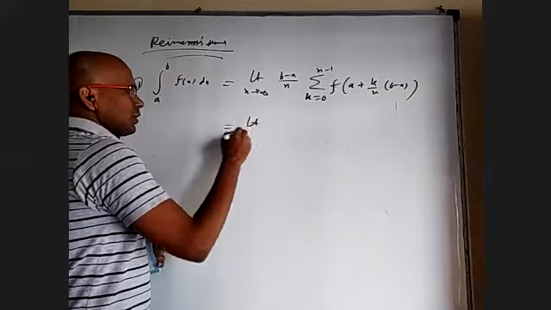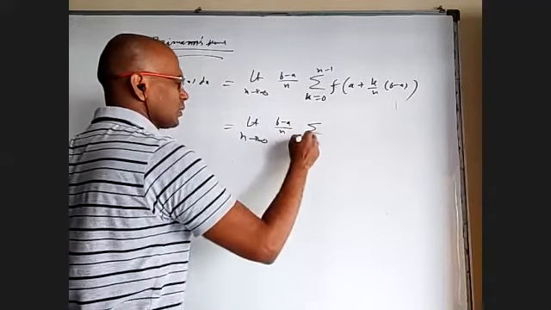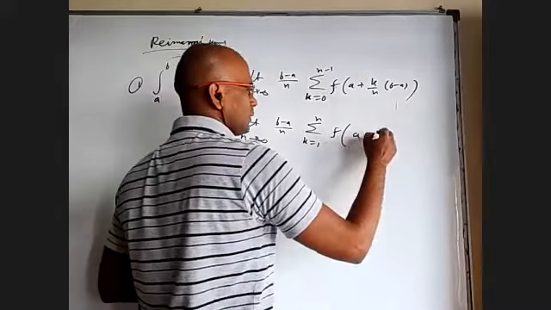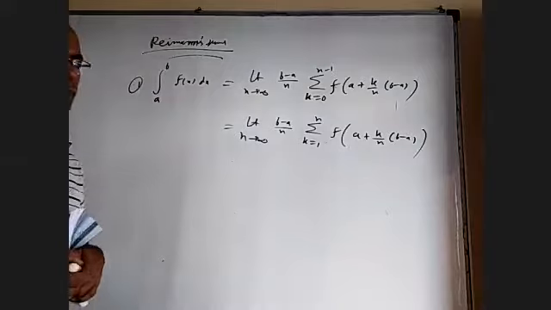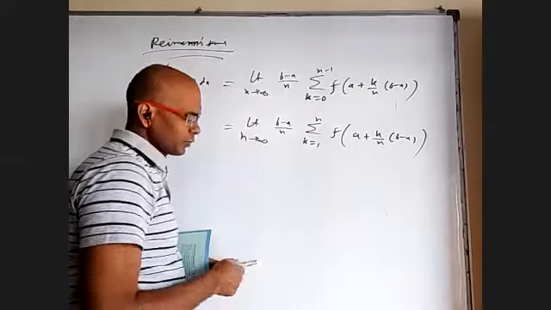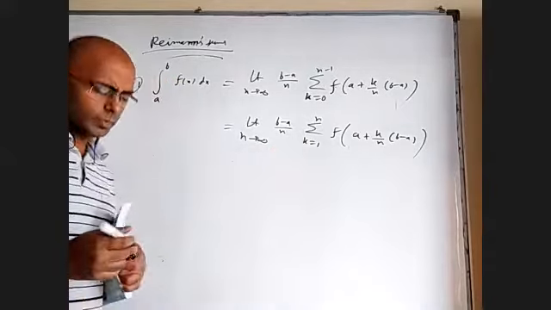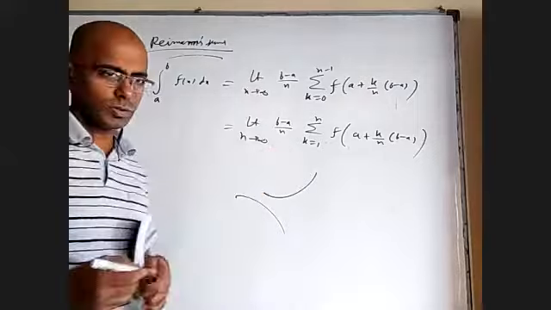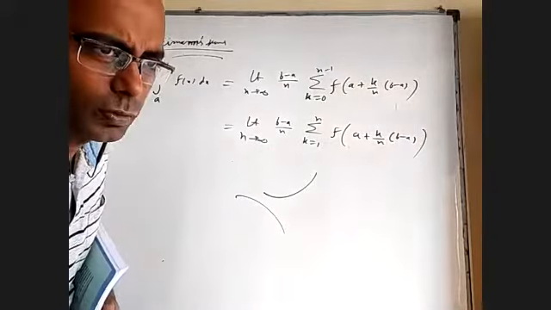It is also the same as limit n tends to infinity, b minus a by n, sigma k equal to 1 to n, f of a plus k by n into b minus a. If you are taking 0 to n minus 1, you are taking the lower rectangles. If you take 1 to n, you are taking the upper rectangles. If the curve would have been like this, maybe this is upper, this is lower. And if the curve is varying, it's slightly different, going up and down.